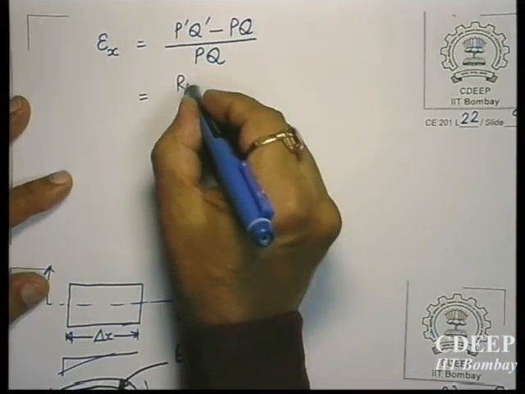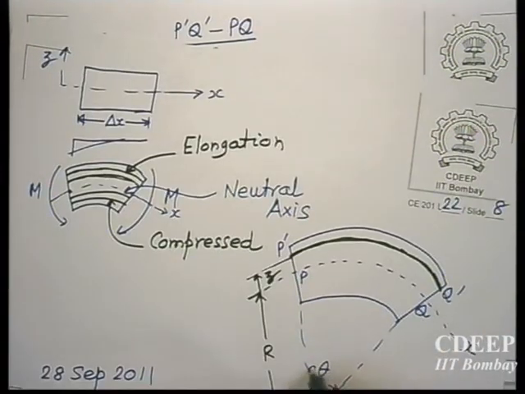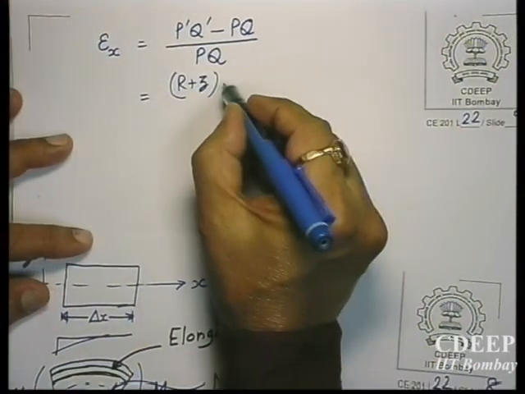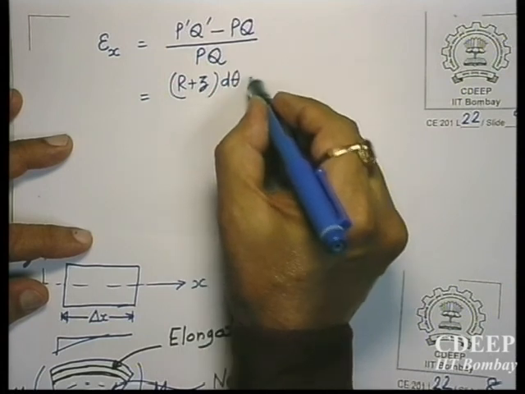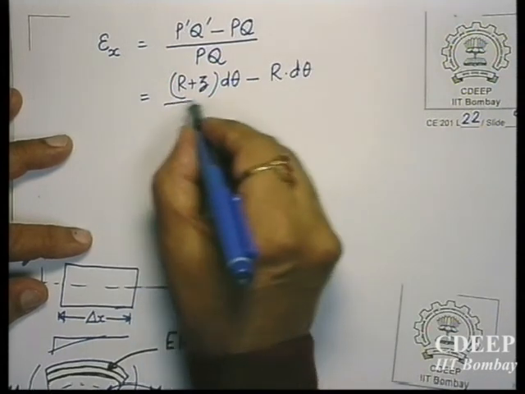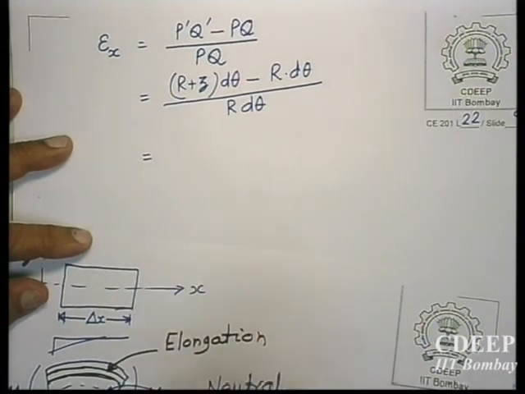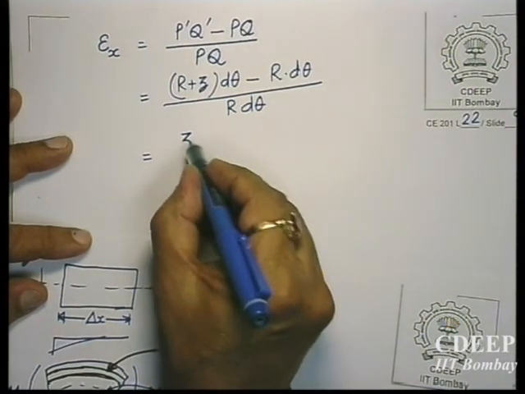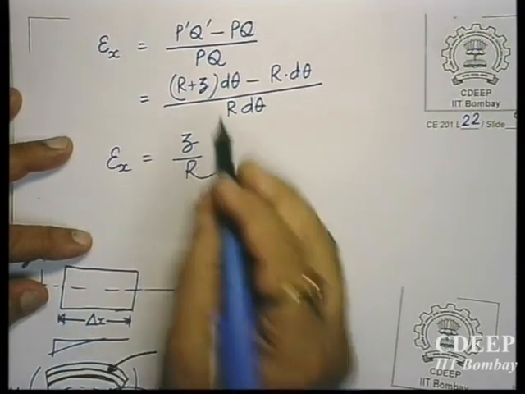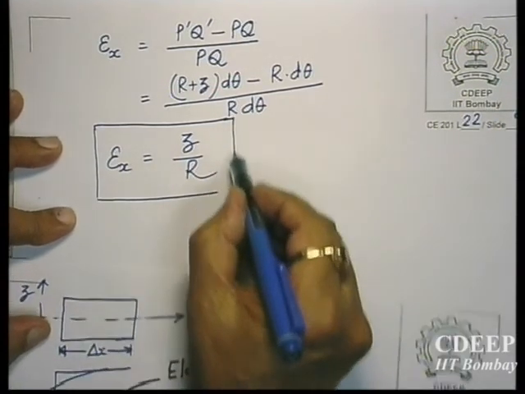So R plus Z into d theta, the small length of the beam, minus PQ, which is R into d theta, divided by R into d theta. So this comes out to be Z by R. So we have got one simple geometrical relation which gives us a measure of longitudinal strain,